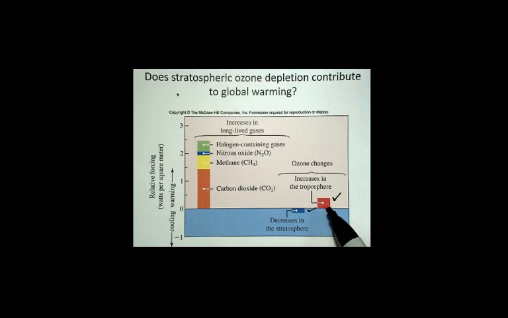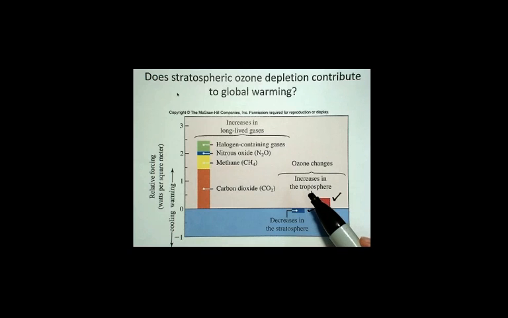Now, let me back up for a minute. When we talk about an ozone action day, we're talking about a day that's probably going to be sunny and not a lot of airflow and a lot of cars on the road and a chance for the tropospheric ozone concentration to come up. And remember that it comes up and then it goes back down overnight because the ozone reacts away so fast. Okay, so tropospheric ozone has a very small factor contributing to global warming.